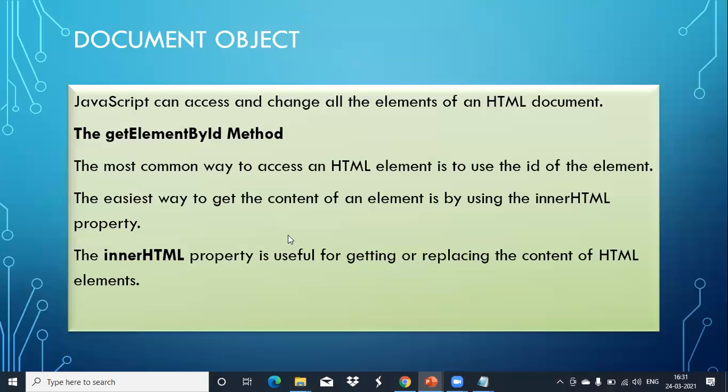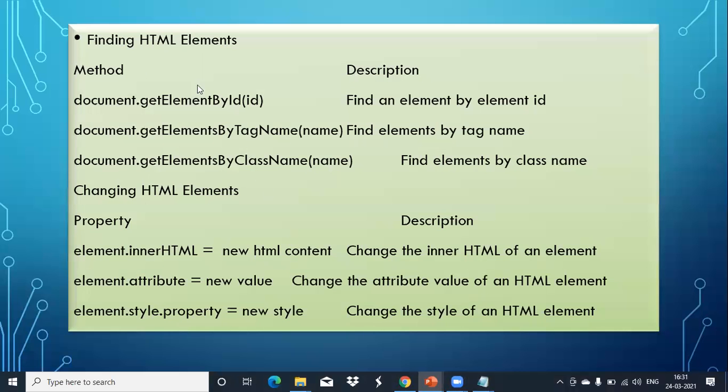Here we have done with the ID name only. Instead of that, you can give the tag name. Same properties it is doing. If I want to do a paragraph, P is the tag name, so instead of ID you can give P. Or if you want to give the class name, for the P if you are defining class equal to some name, then I can use this class name.